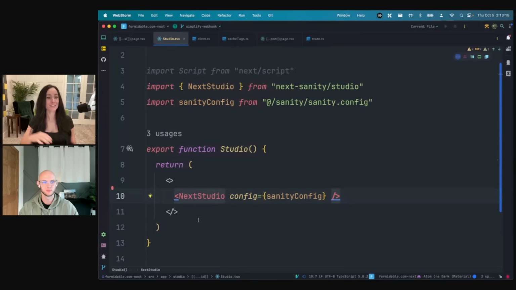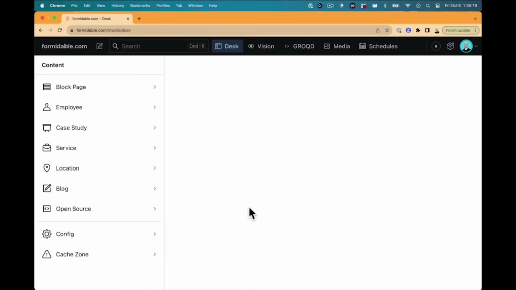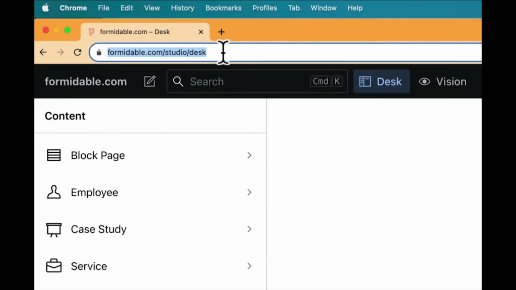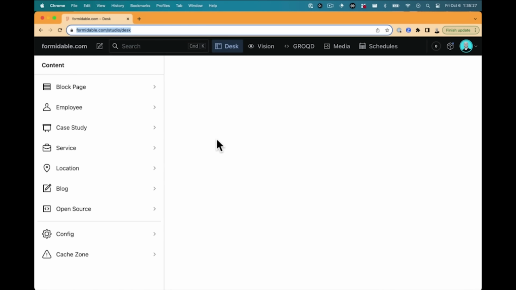The Sanity engineers have taken care of all the hard work. So yeah, I'm glad that we have that now as a feature and that we can embed it, because having the studio live at the main URL has got to be super convenient for editors. It's now just yourwebsite.com/studio or /admin or whatever you'd like that path to be named.